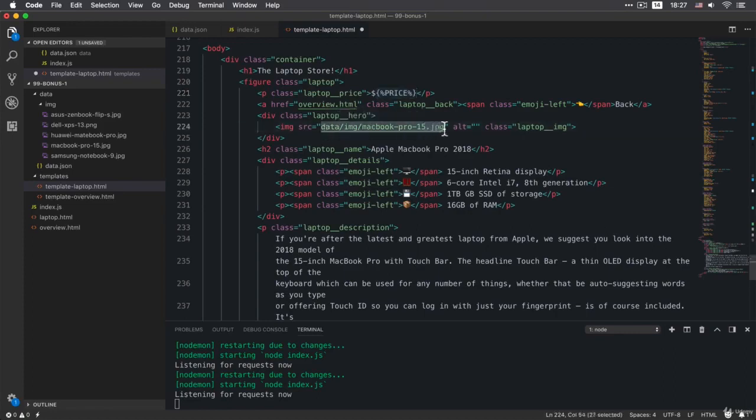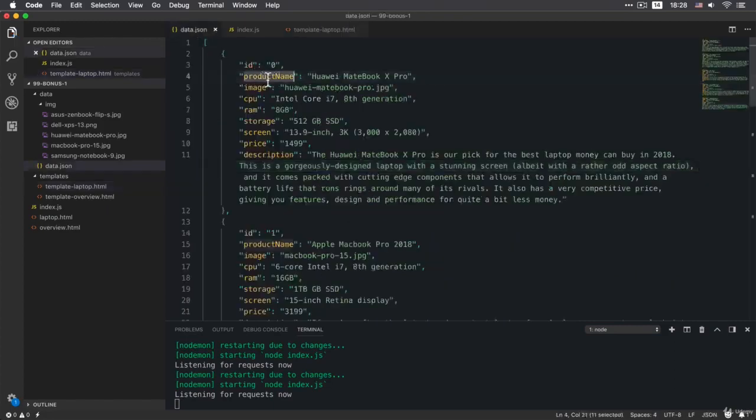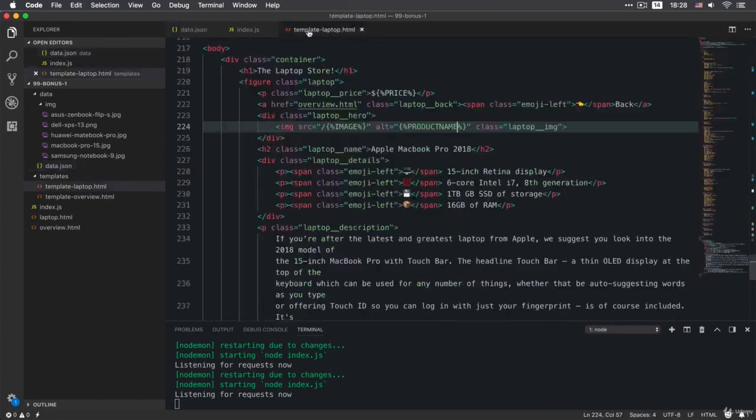Okay, then here we want the image. We actually copy this one here, that's easier. Here the slash, and I'm going to explain why in a second, or actually a bit later in the video, because the image will be something that we will have to fix later. Okay, as the alt text here, we want the product name. And the product name will be this here, right? So again, later we are going to replace all of this by the data that's going to come from this JSON. So the price, the product name, then image, CPU, RAM, storage, screen, and description. Okay,